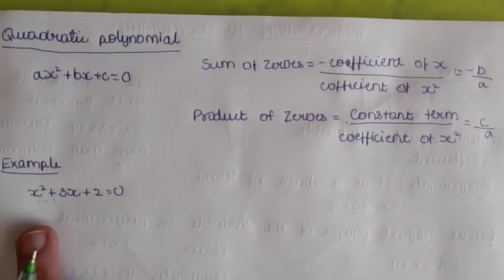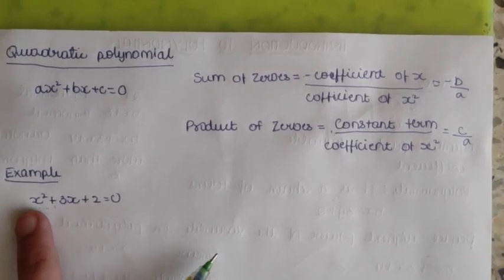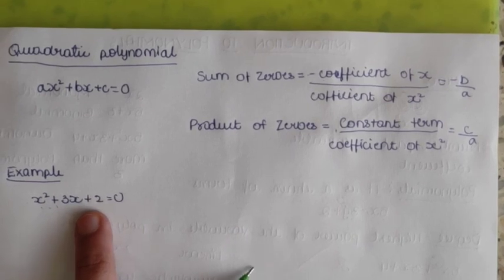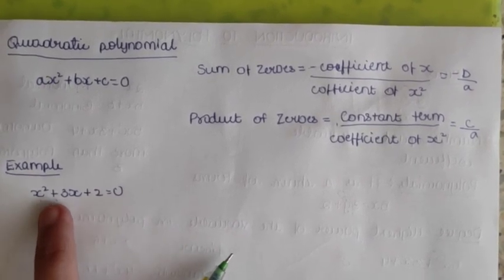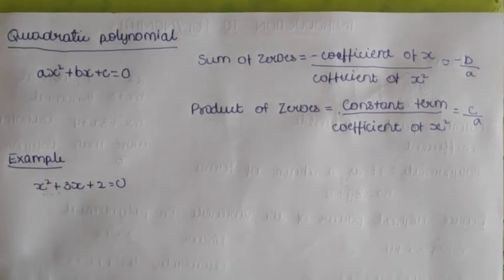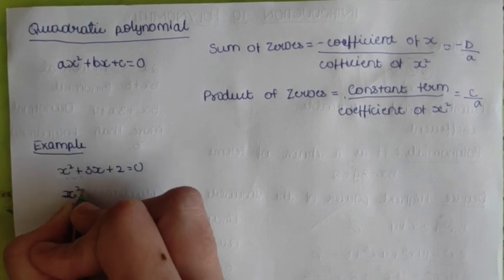So here we have an example, that is x square plus 3x plus 2. Now let's solve this. I am splitting this middle term. Here the middle term is 3x. So this 3x can be written as,